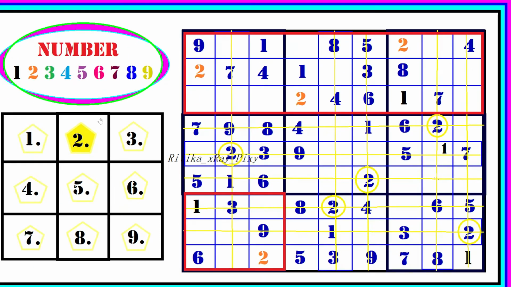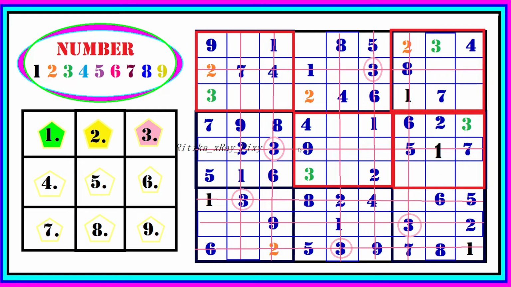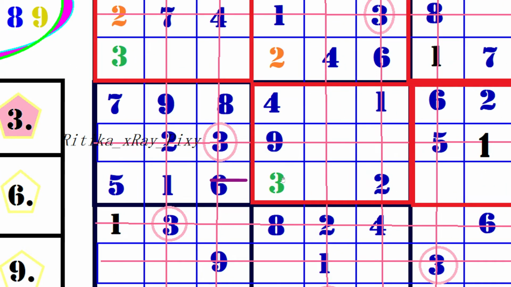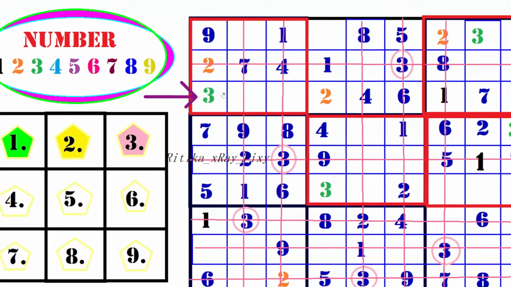And for first block we can place 2, here we have 3 locations, but as we already placed 2 in the 2nd block, so we cannot repeat the digit in the same row, so here we have just one location. Now we have 3, so first check the blocks where 3 is already present, and it is present in the 4th, 7th, 8th, 9th. So we have 1, 2, 3 and 5th block where we need to fill 3. So here you can see in the 5th block we have just one location, place 3 here. Now in the first block again we have one location, place 3 here.